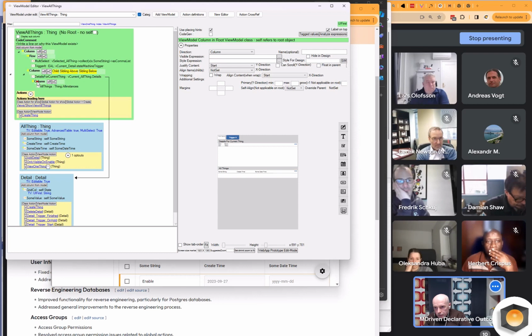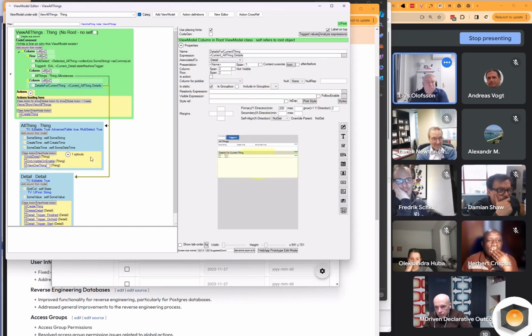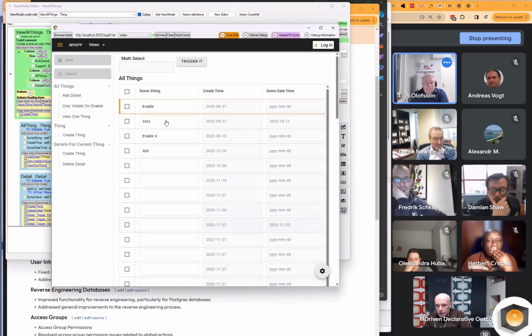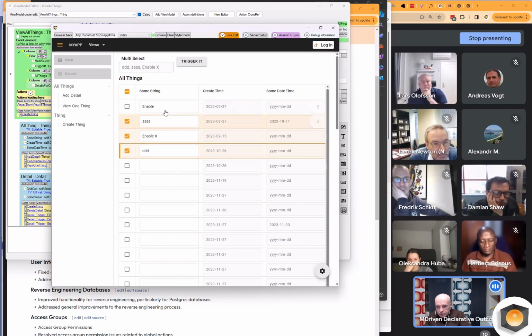Now we'll see these. If I select many, I will see a comma separated list of the strings here. So I can see that it works.